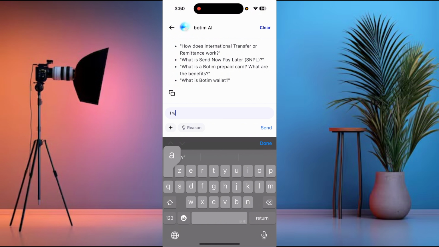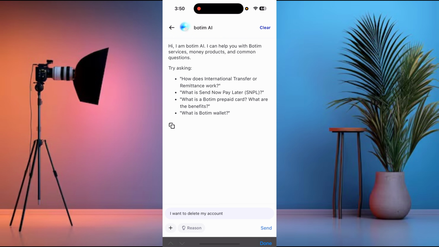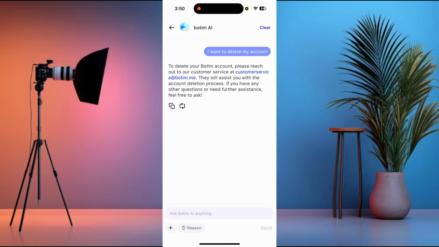I want to delete my account. So as you can see, they will give you an email. Just copy that email and send them an email asking them you want to delete your account, and then